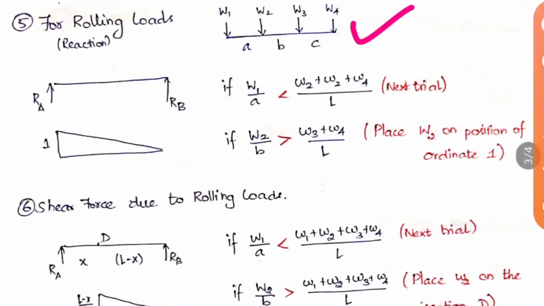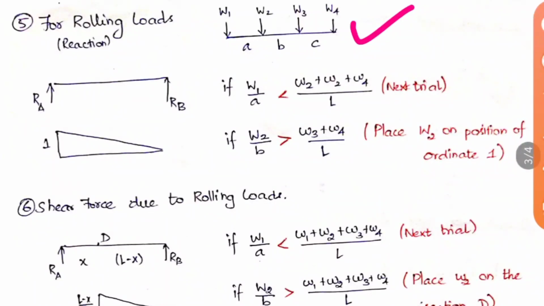Okay, so here these are the rolling loads. Now the question is, where you have to place these loads so that you will get the maximum shear force or maximum reaction or maximum bending moment. So this is the question. When you have a single load, you can apply it directly. You can just apply the load at reaction A so that you can find the answer. But when there are rolling loads, you should use this principle only.